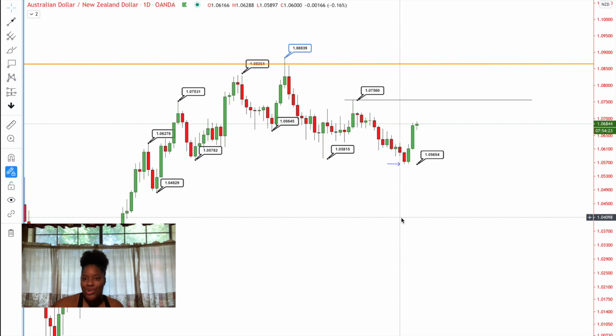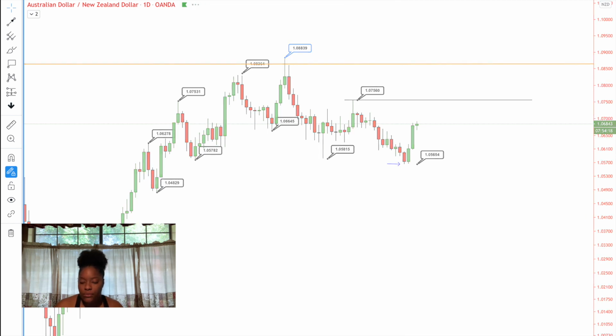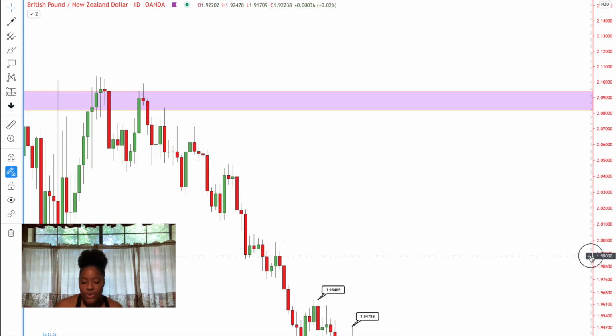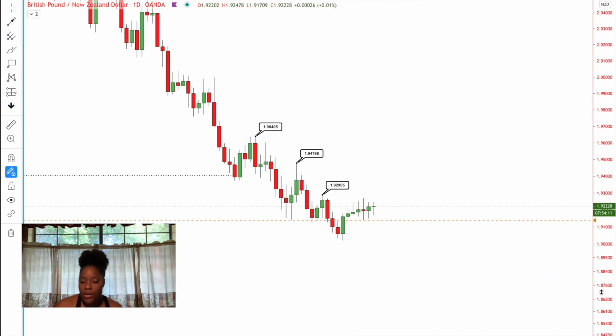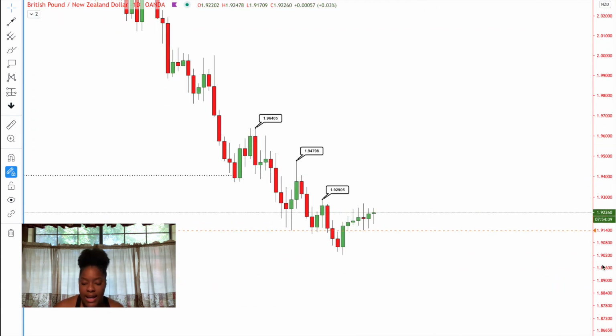Now let's go to another New Zealand dollar pair, pound New Zealand dollar, that may have a similar setup. Okay, so here on the pound New Zealand dollar, I actually have an alert set in case price does a particular thing. So let's talk about this setup here. As you guys can see, this pair has been dropping down for quite some time as well. And the thing about this particular setup here is that